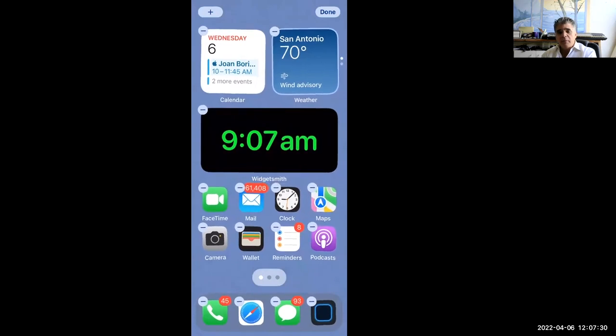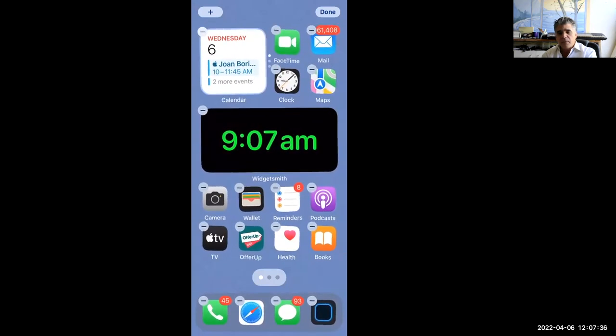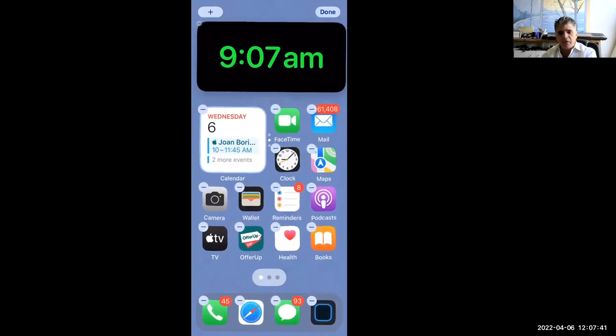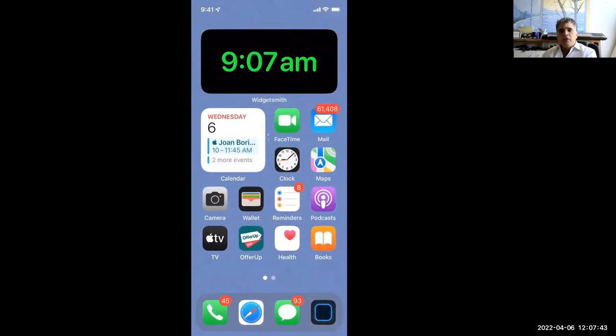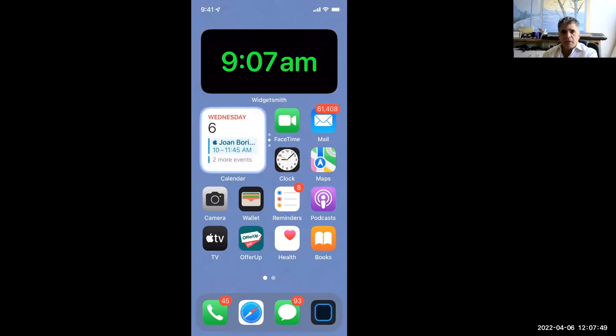Very handy. And now I'm going to take this widget and drag it into my stack. Just drag it over here. Now it's in the stack. And maybe I'll take this clock and drag this up, just rearrange things a little bit. So this stack over here has both a calendar and two weather widgets. So if you think the widgets sound neat, but they might take up too much room, then stacks are your